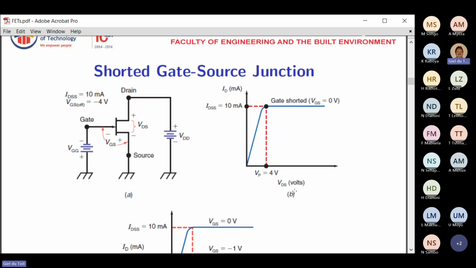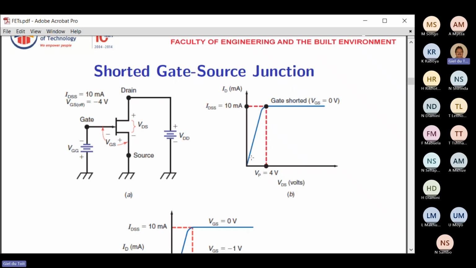So we've got now a circuit here, and we've got a voltage there on the drain. This is the N channel because the arrow shows into the gate here. So this is an N channel FET with a positive voltage there on the drain. The source is connected to ground, and we've got minus 4 volt on the gate. So that minus 4 volt of the battery here on the left. Minus 4 volt on the gate. So what we now have, when there's minus 4 volt on the gate,